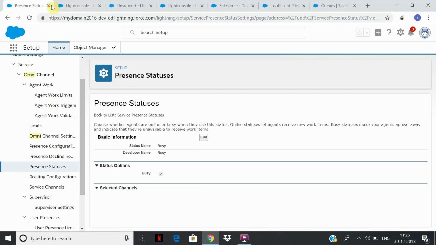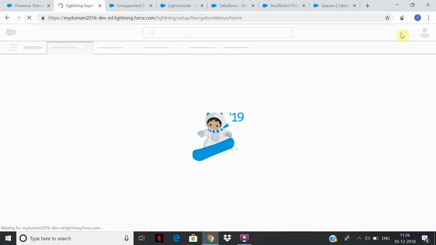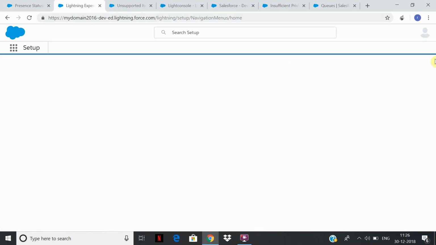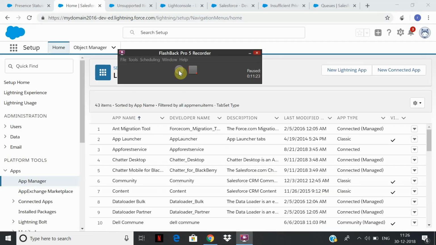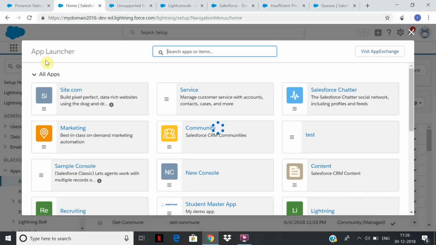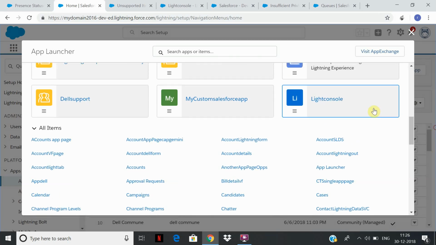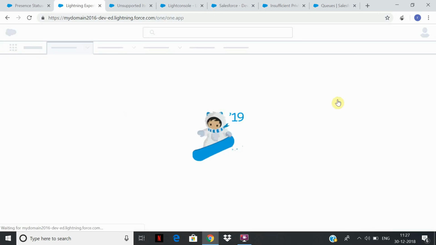We are ready for any queue. The basic difference is earlier you had to create a list view to see the cases assigned to your queue, but here it will automatically fire up. So let us see this in action. Let's go to the Lightning Console app itself, which we created and which contains the omni-channel.